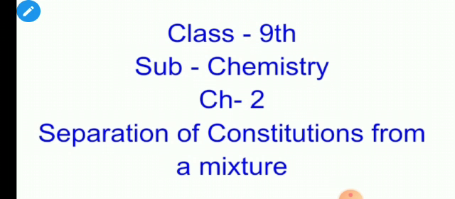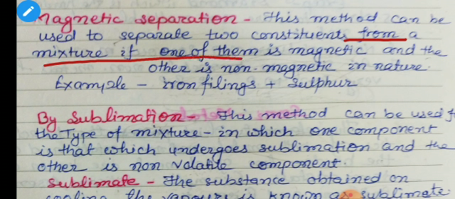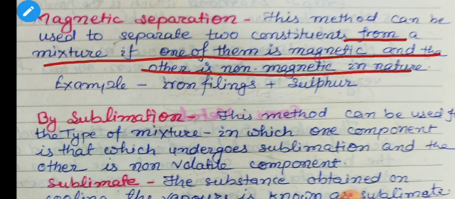In this topic, we will discuss the separation by magnet, that is magnetic separation. This process, also called magnetic separation, can be used to separate two constituents from a mixture if one of them is magnetic and the other is non-magnetic in nature. For example, students, iron